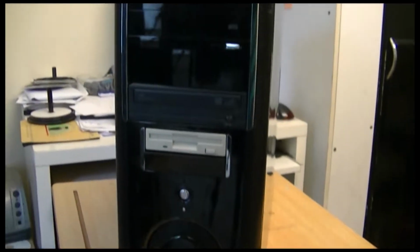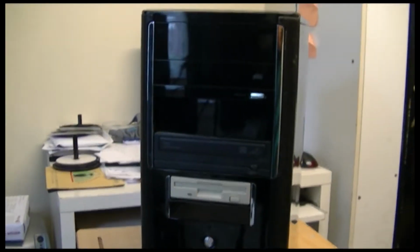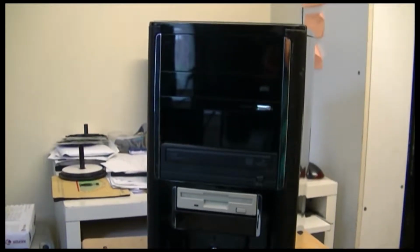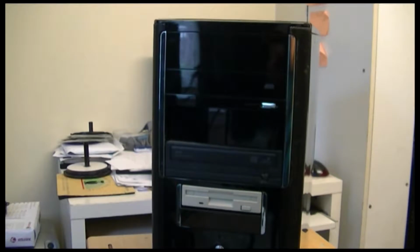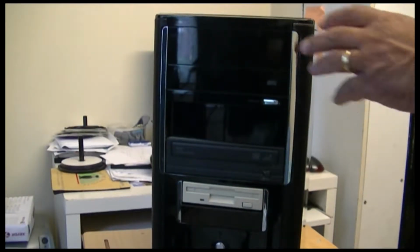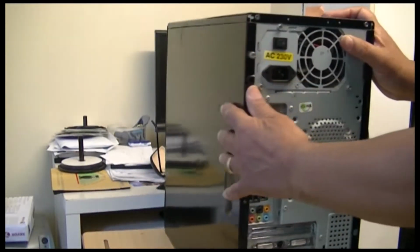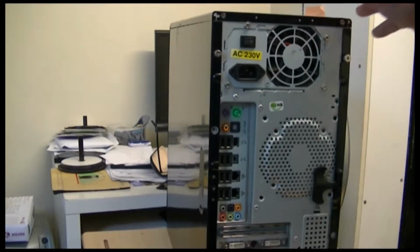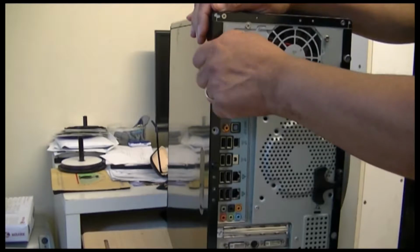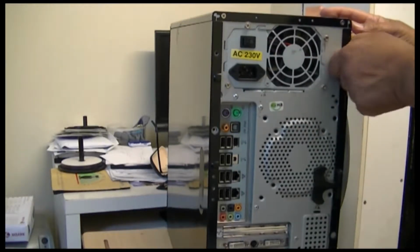Hi everyone, I've got a computer here which has stopped working for years now, so I thought I'll do a teardown on it and just go through the process of it. I think it's the one that was built for me years and years and years ago, donkey's years ago. I don't know if you can see anything there, but most of this thing is already kind of